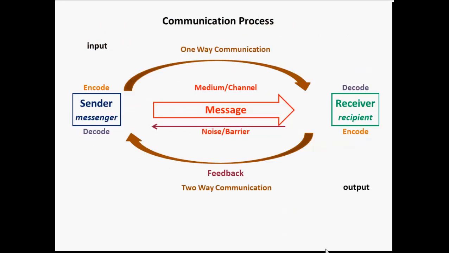So you have a sender and a receiver, and you have a channel with a message, and the receiver has feedback with a message. Okay? Same idea as what you saw earlier, different format. Like I said, you can print the longest one, and then read the other ones, and if there are differences, add them to the one you printed.